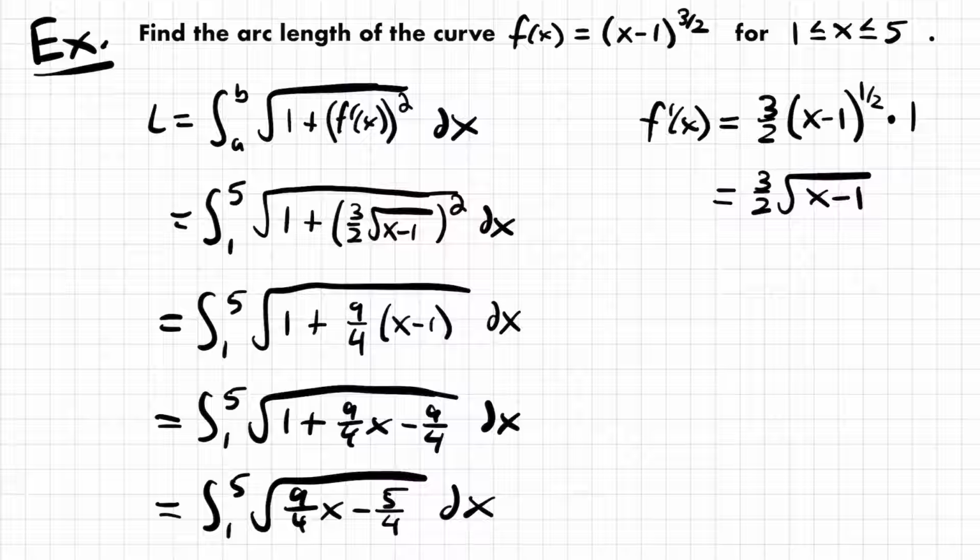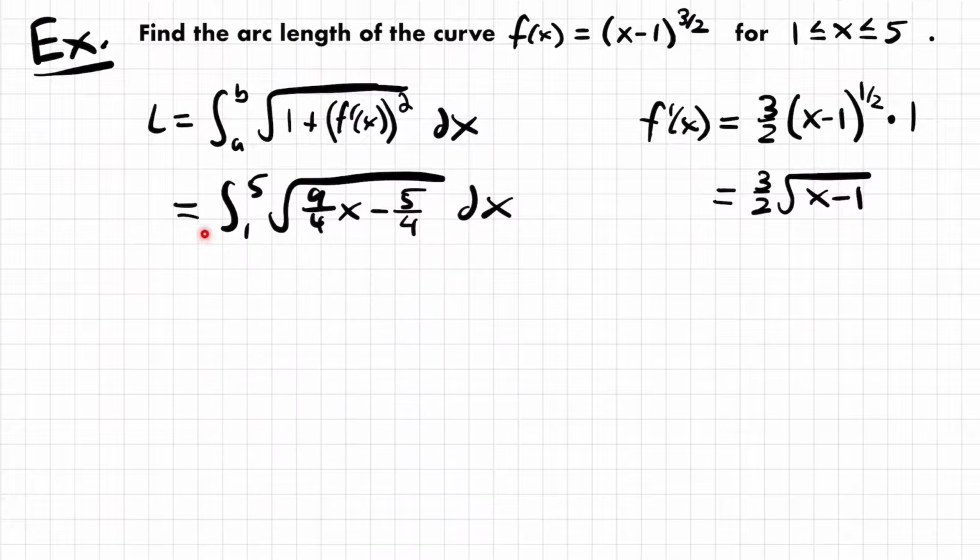Okay, and so if we clean up our work here, we now have a definite integral that we can solve to find our arc length. Now in this case, we have a composite function in the integrand, and so we're going to need to use u substitution, but you want to make sure that whatever you set equal to u, you can find its derivative in your integral. In this case, we want to set u equal to that inside function,